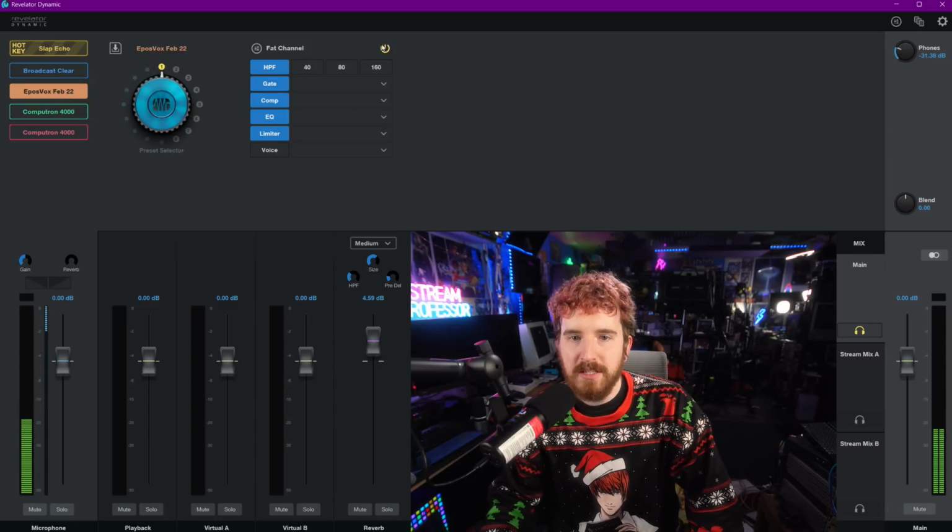But we're going to turn the fat channel off now. Now, for my microphone comparisons, all of them are going to be the raw audio anyway, but now you're hearing the raw audio of the microphone. I didn't do a whole lot of aggressive EQing here, and honestly, it is still a very thick microphone if you get right up on it, which is something I like. I think it's important to consider what microphone is good for your voice, in that the frequencies that it kind of emphasizes and the kinds of sounds you're going for